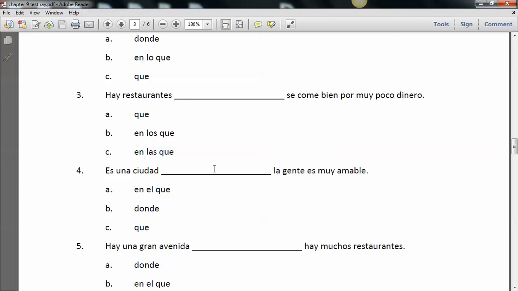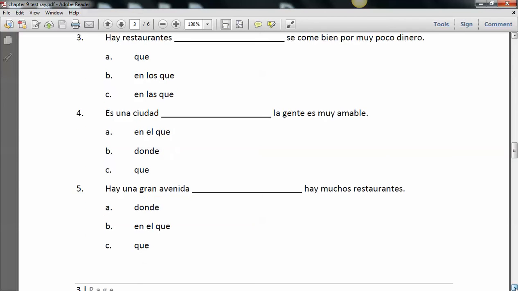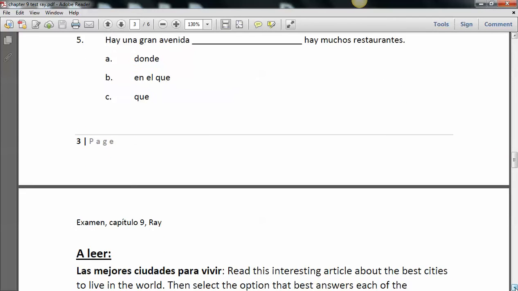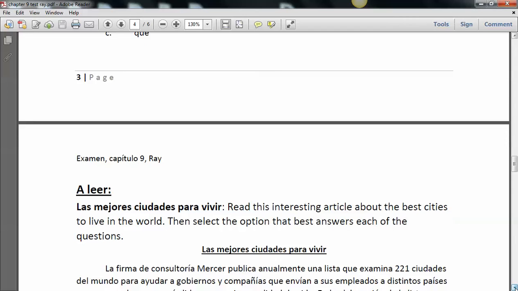So when you see something like lo que, that's not correct because that's using a direct object, not an article. So sometimes in which could be replaced with where. So pay attention to that page in the back of your book. So some of your en el que or en la que, you could substitute where. And I'll show you that again in a minute.